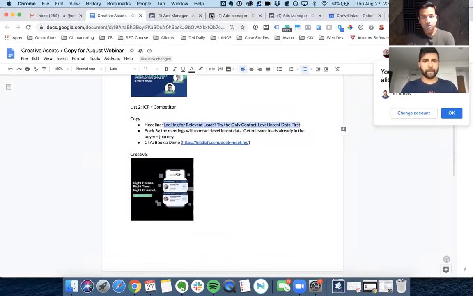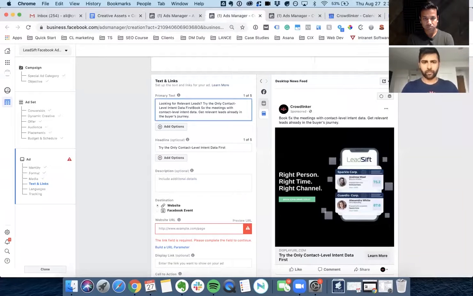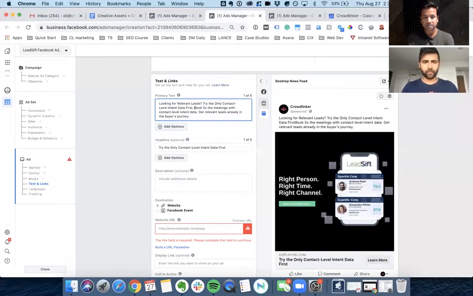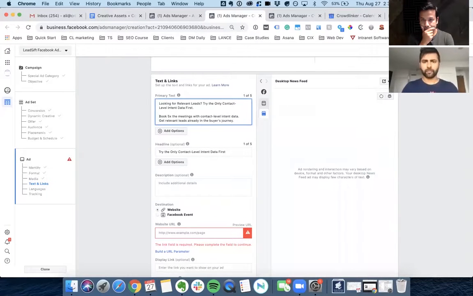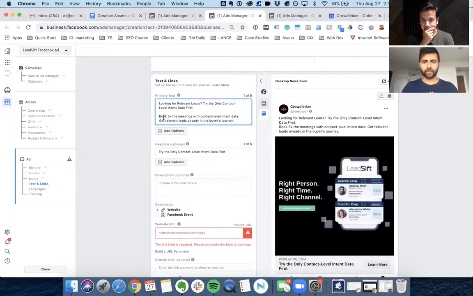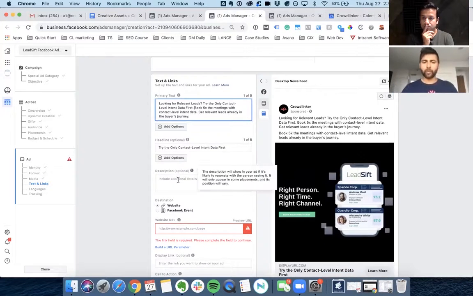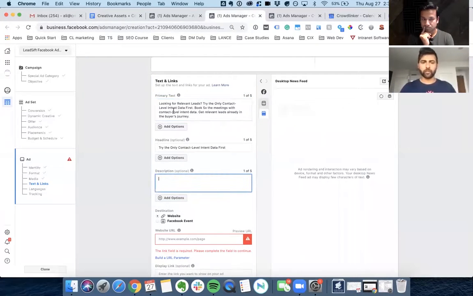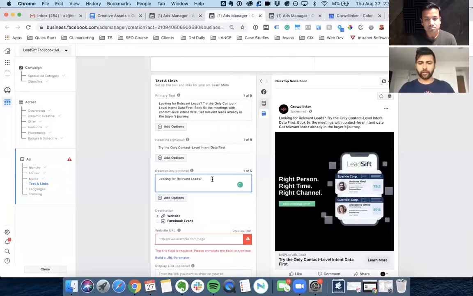Cool. Yeah, I think it looks just better this way. Anyways, guys, so that's how the copy will kind of look. We can also just put something in here. Let's just put this back down here. So we have something here as well.